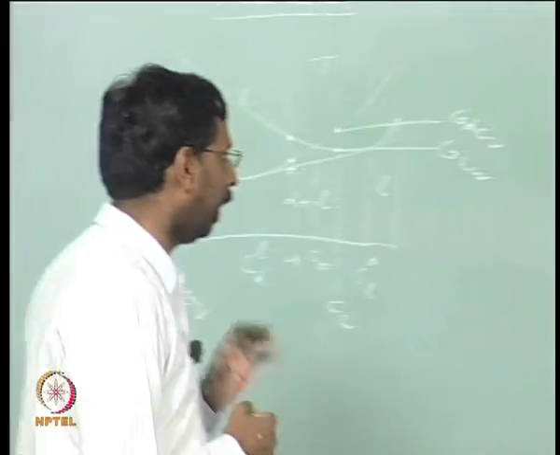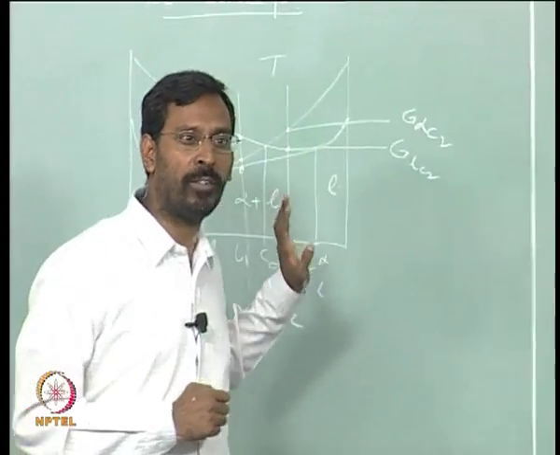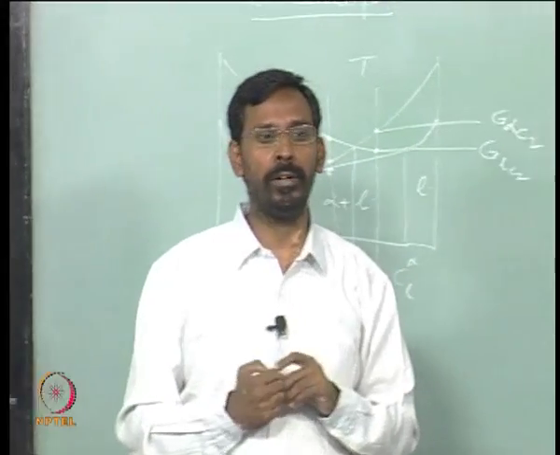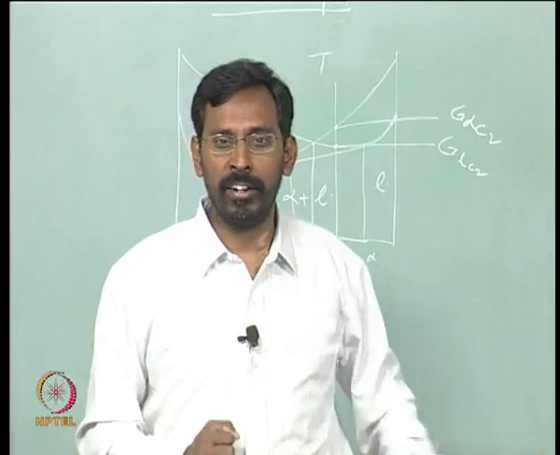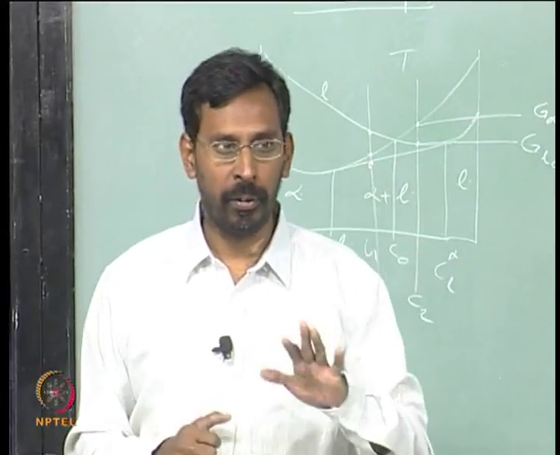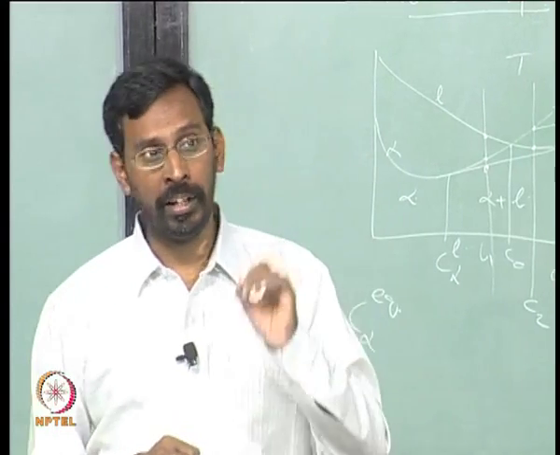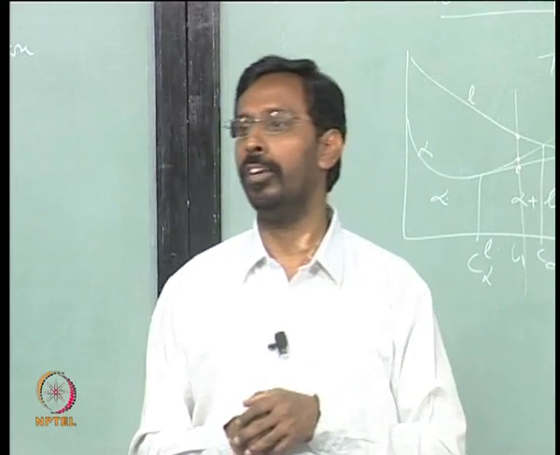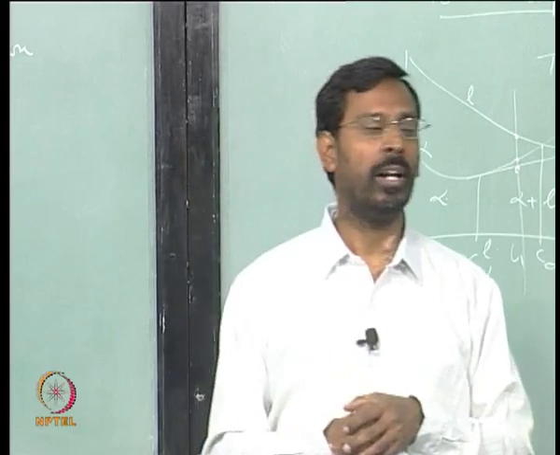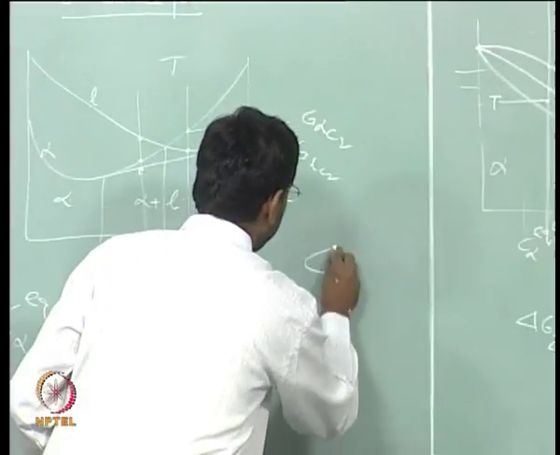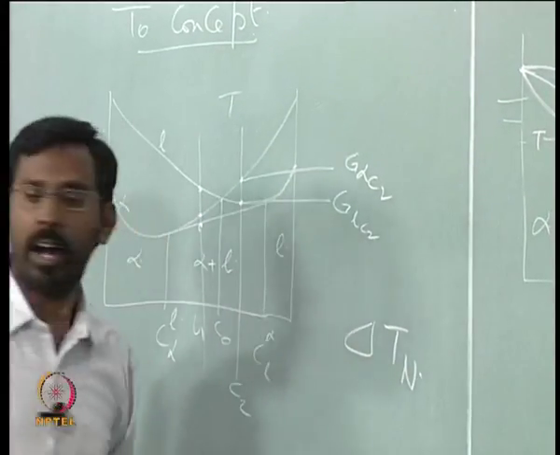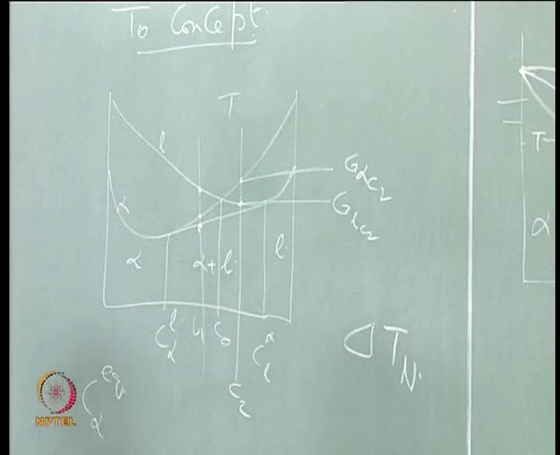I will not go into the details because we are talking of thermodynamics. I do not want to go deeper into the kinetics. I can take one extra class on that right now, but I want to avoid that, so that you read a little. So, go back and read. There is a way to calculate what is called the homogeneous nucleation temperature, which people call delta Tn, the undercooling required for the homogeneous nucleation.